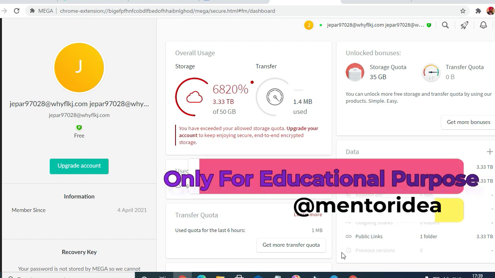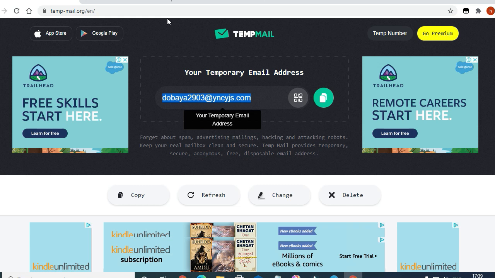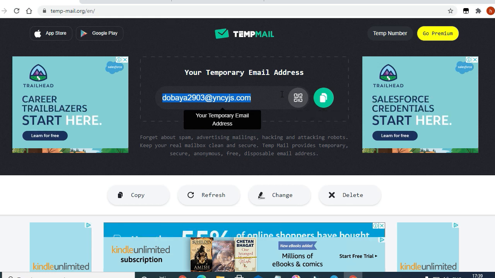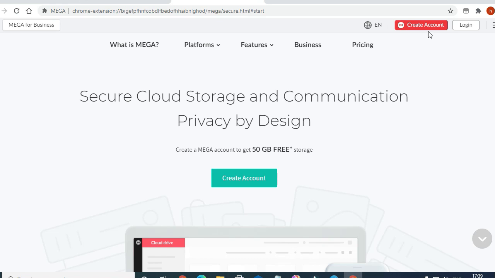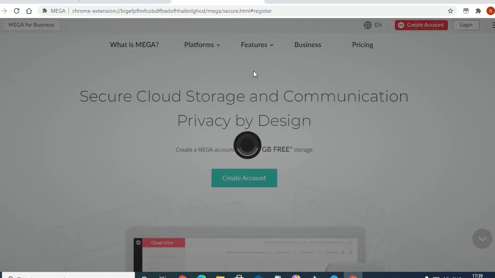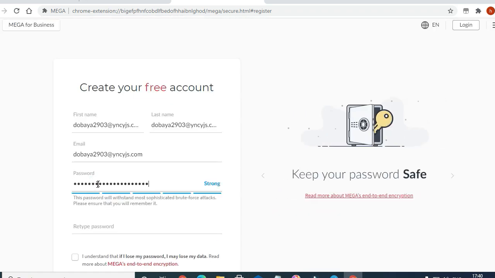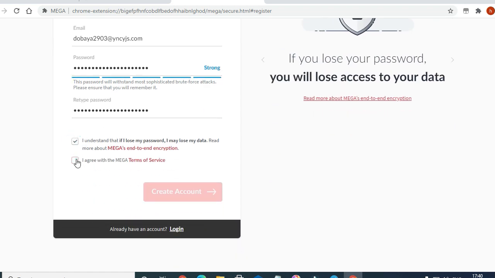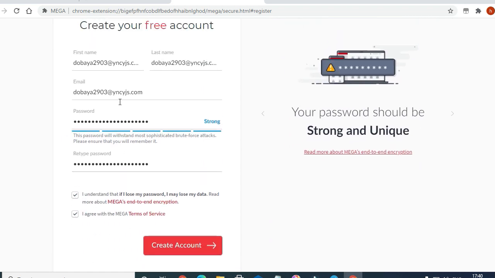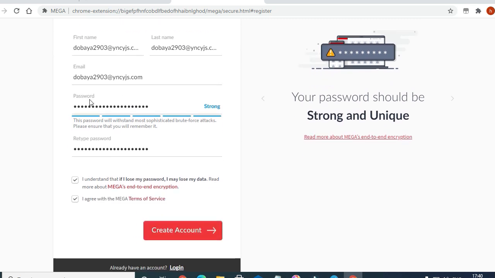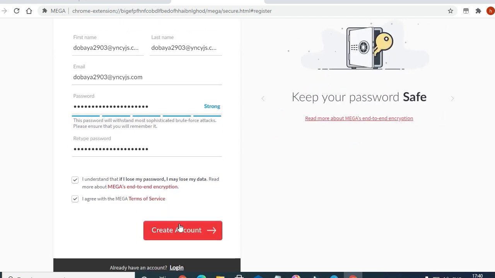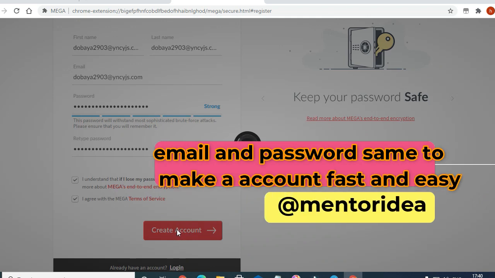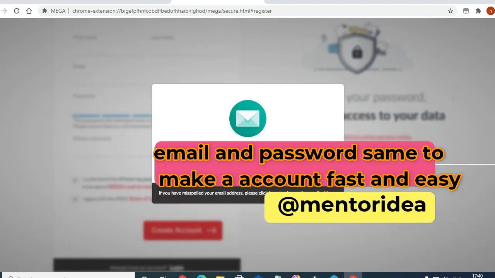Let us see. First you have to make a temporary email. Go to Temp Mail, copy the address from there, and make a free account with Mega. I have made the username and password the same as this email, and you can just create the account.